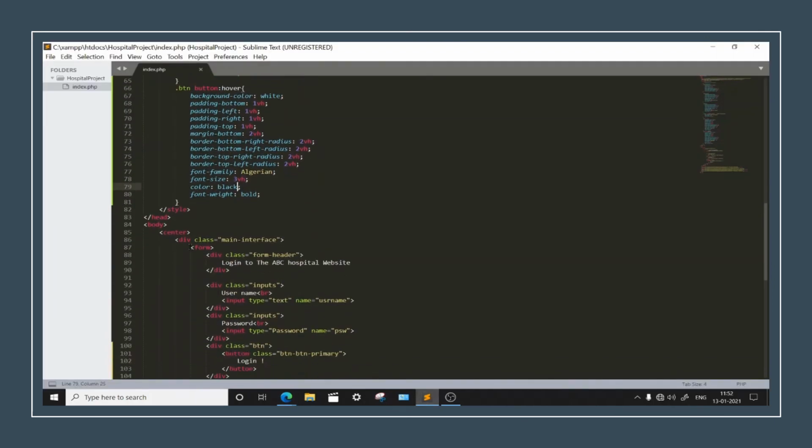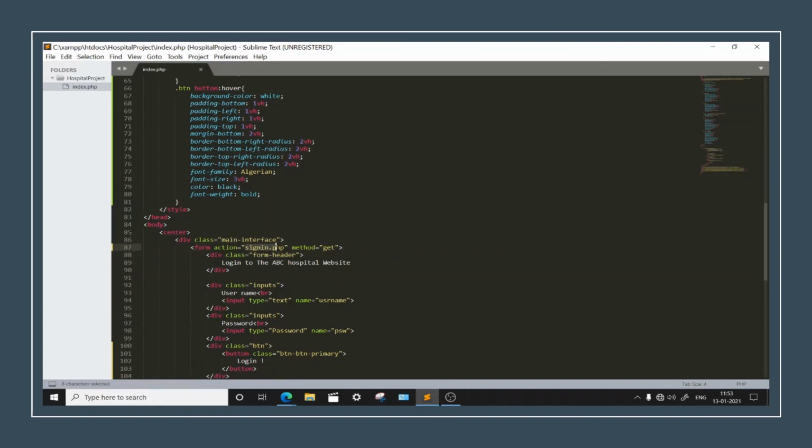Okay, so now let us give some actions to our form. Let's write action to be kept as signin.php and method to be equal to get. Okay, so this is the thing, signin.php.